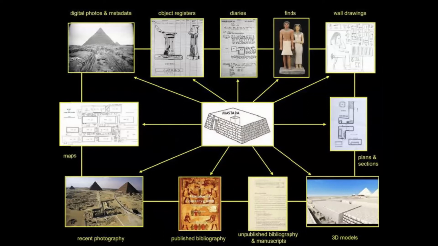This is our paradigm. So in the middle of this universe, you can see the individual tomb, or mastaba in Arabic, the word for bench, because it looks like a bench. These are the non-royal tombs of the elites. They have decorated wall surfaces, they have burial shafts, they have sarcophagi, statues, grave goods, all kinds of things. And the basic principle is just to go through all of the archives and link anything mentioning or showing this tomb, a diary page that mentions it, a statue found in it, a drawing made about it, photography, old and new, and more recently, 3D modeling.